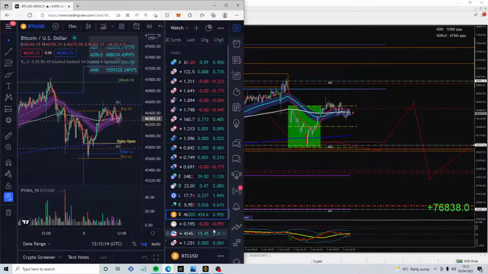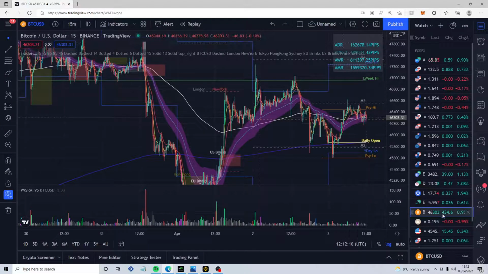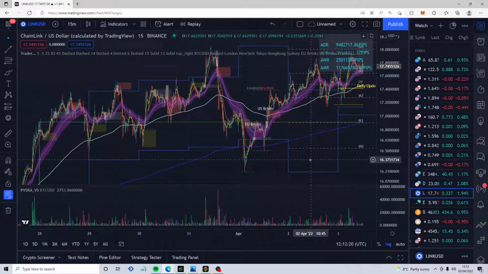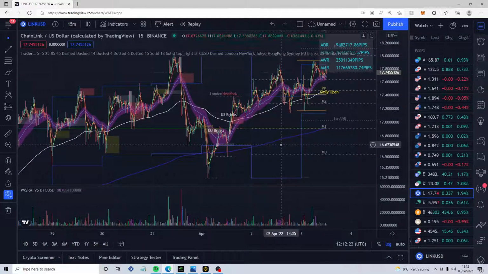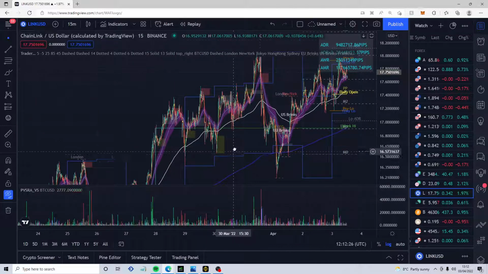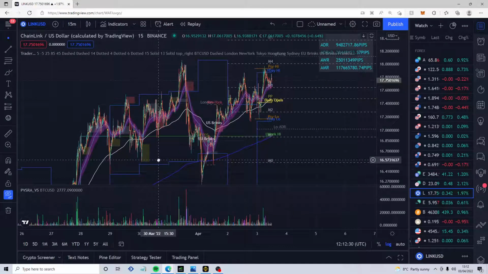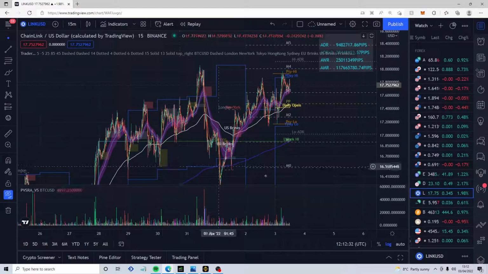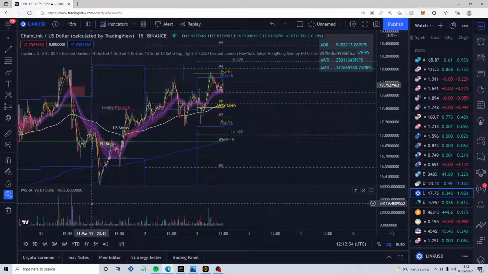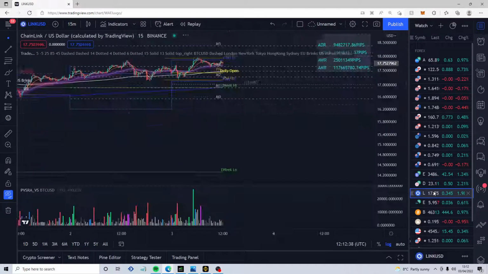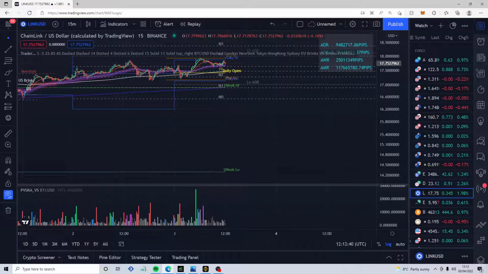I want to look at some altcoins. Let's have a look at some altcoins. Link, same shit. Ooh, that's quite nice. I like that. That looks like ETH. This one. Why is that? Does that change on each pair? Yeah, it does. I want to say it says BTC, but